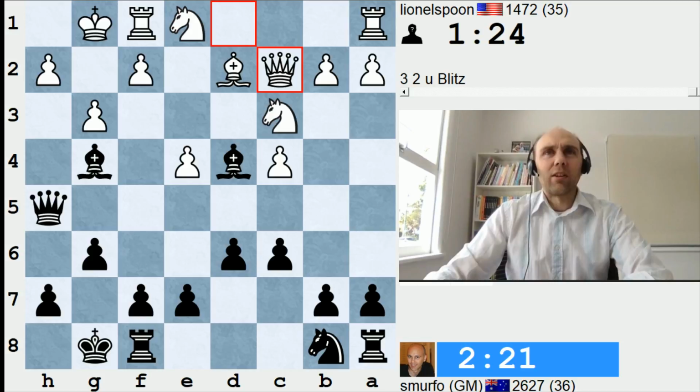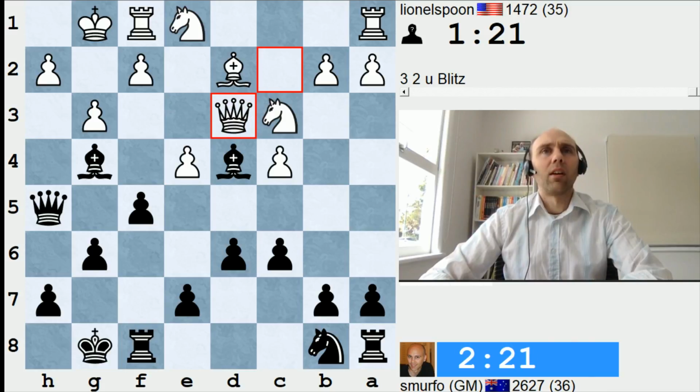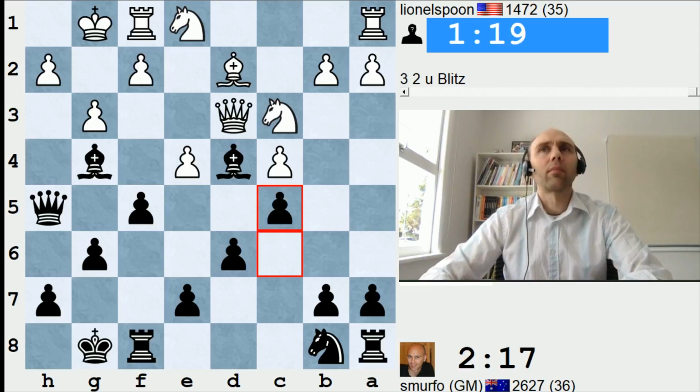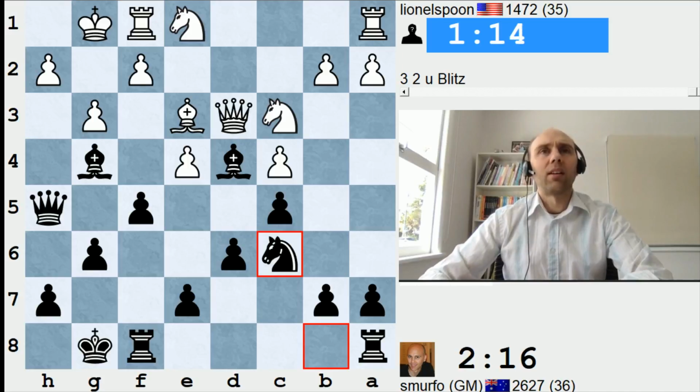But that's not the style we're going for today, so I'm going to keep the attack rolling instead. I'm going to play f5, try to bring the rook into it. I would love to have my knight sitting on e5 at the moment, but he's just a little bit too far away from that. I will try to bring that knight to e5 or to d4 via the c6 square. So here we are, we're in, which is good. In just any moment now,